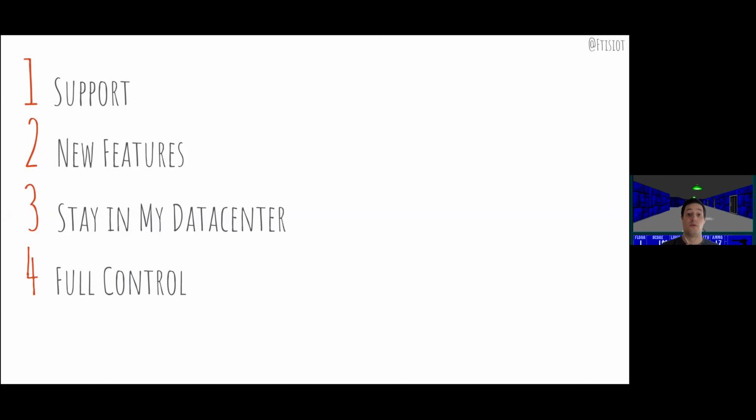For example, if you move to OAC, you will not be able to access every single log file that you have in your platform, as you were used to have in your data center. If you still want to have the full control over the platform, have the control on top of every single log file, then OAS is there for you.